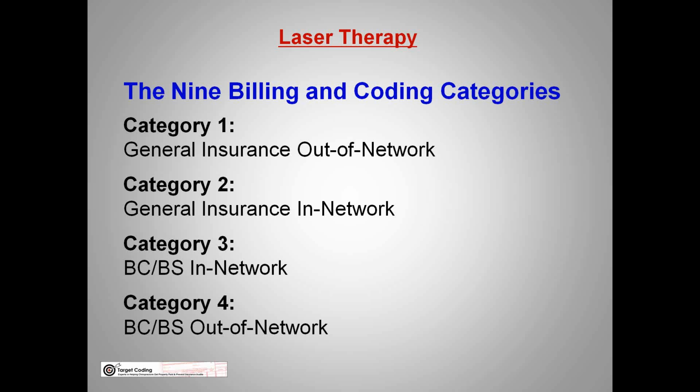Next is Blue Cross Blue Shield out of network. Okay, there's more flexibility, there's more freedom. When you're out of network, you can have the patient pay you for everything at the time of service. Or you can collect just the fee for the laser and accept assignment. On the other covered services, again, you're going to use S8948. Now, just be careful. When you're out of network with Blue Cross Blue Shield, the check may go to the patient, so you should have some policies on that.